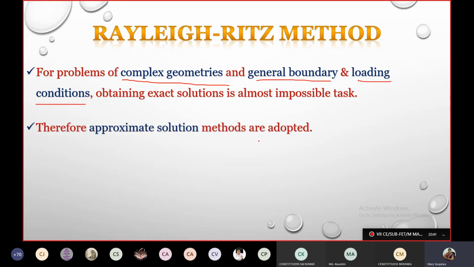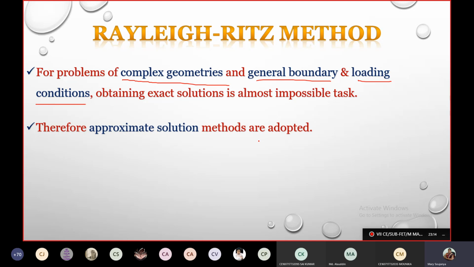So what we do is we go for approximate solutions. I said finite element methods will not give you exact solutions. It will form exact equations. Exact derivations or equations are formed, but the result out of those exact equations will not be an exact solution for the problem. It will be an approximate solution. So we will take plus or minus conditions to understand what the exact solution is.